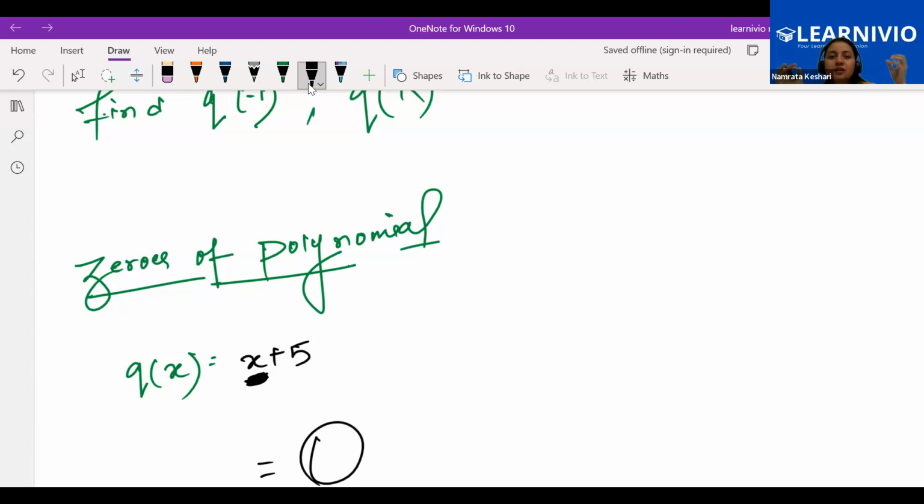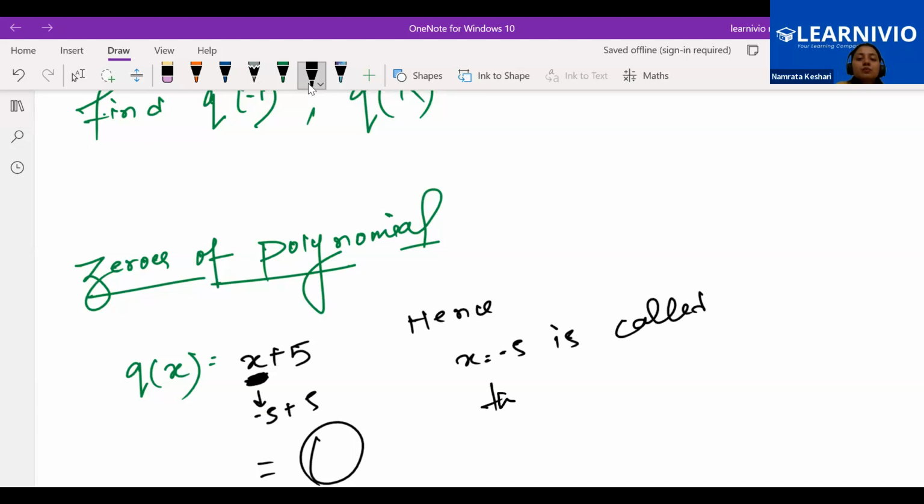Is it minus 3? Minus 5. If we take minus 5 at the place of x, our result will completely become 0, and hence x equals to minus 5 is called the zero of the given